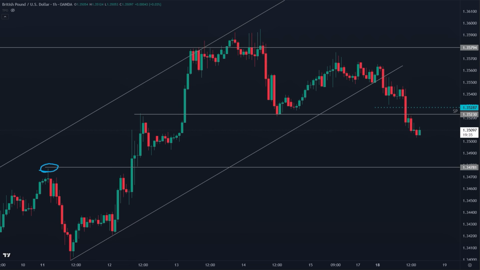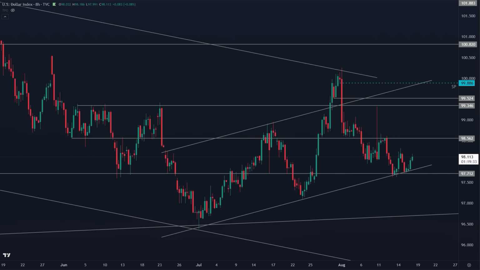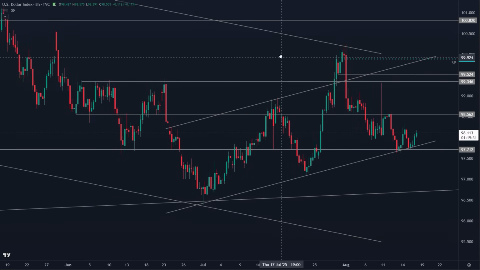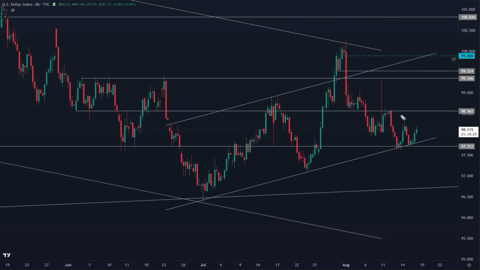Okay, so let's take a look now at the DXY just to wrap up. This is what I discussed before I went on vacation, where the market had a failed breakout above 99.35. So you've got the highs back here from June. This was a failed breakout. You can see we got the move lower following that failed breakout all the way down here to this confluence of support around 97.70. This is, and still is, a critical area for the DXY, confluence of support.